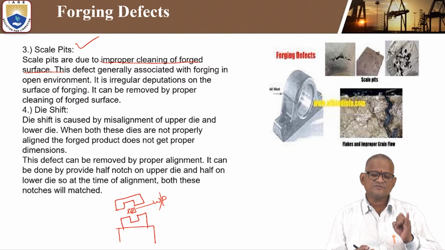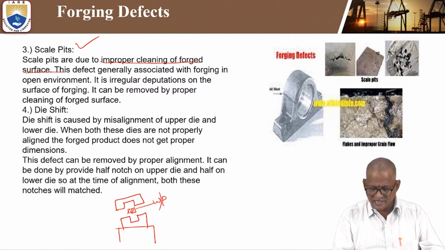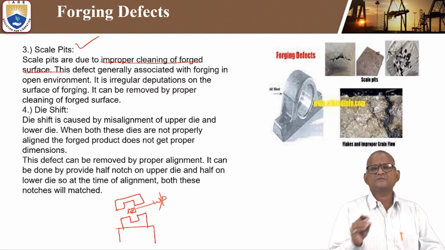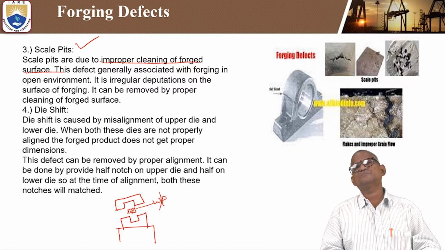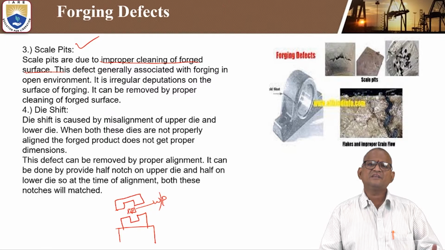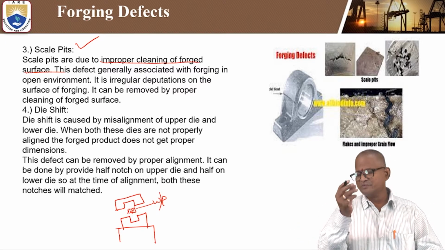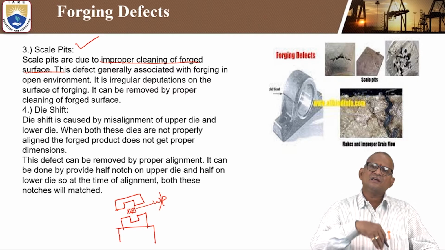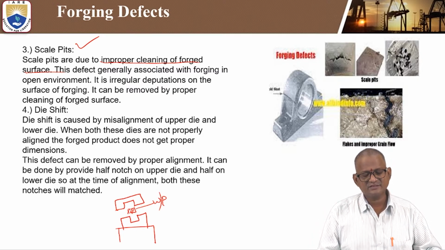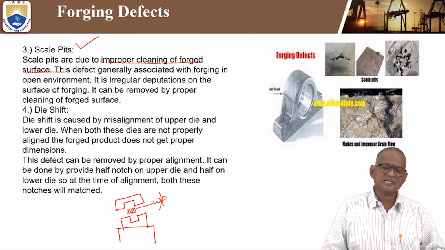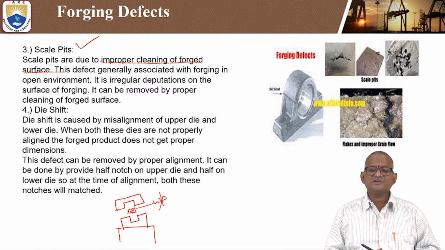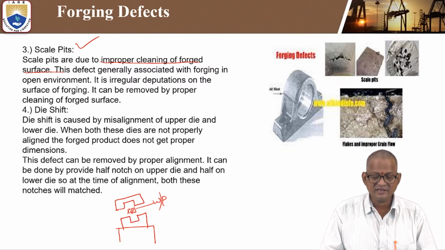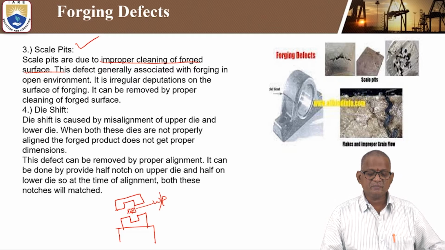Obviously, the first and foremost important thing is that whenever you perform the forging operation, you should clean the die and workpiece properly. Then only can the shape and size be obtained easily. And in an open environment, due to foreign particles, some extra material can fall on the workpiece, which also leads to a scale pit defect. It is a regular deposition on the surface of the forging. These can occur under regular conditions, and can be removed by proper cleaning